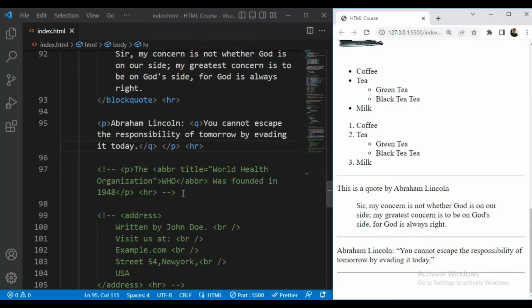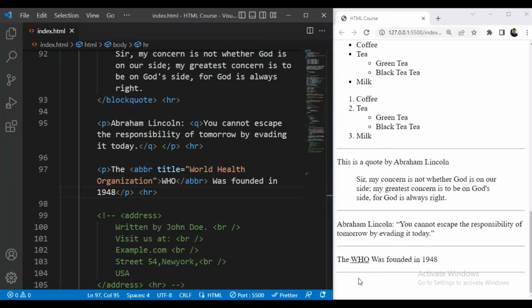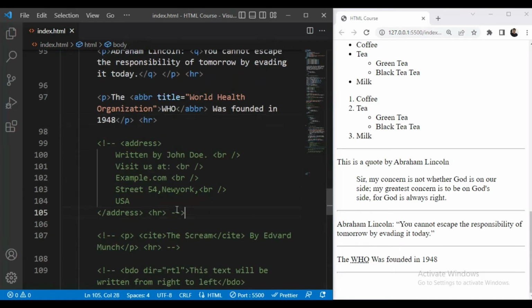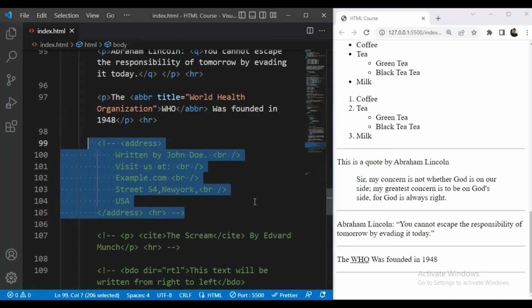Then next we will see the ABBR element, that is abbreviation element. Let us save this. When I hover my mouse on this WHO, it will display the full form of WHO, that is World Health Organization.